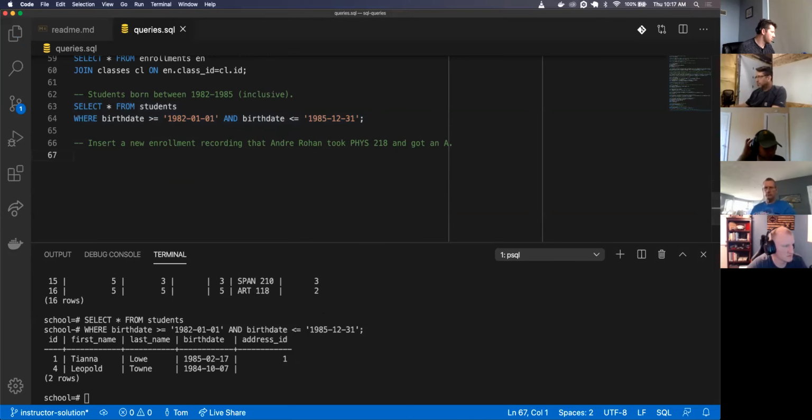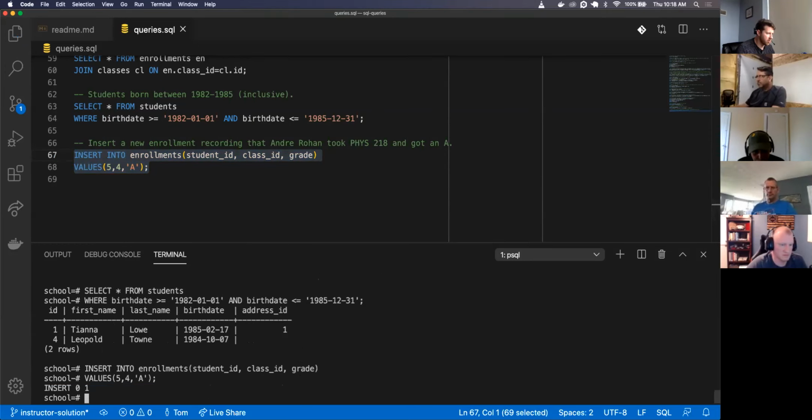Insert into enrollments, open parentheses, student underscore ID, class underscore ID, comma, grade, close parentheses, values open parentheses 5, 4, single quote A as a capital, and then semicolon at the end. Yep. All right, insert one.